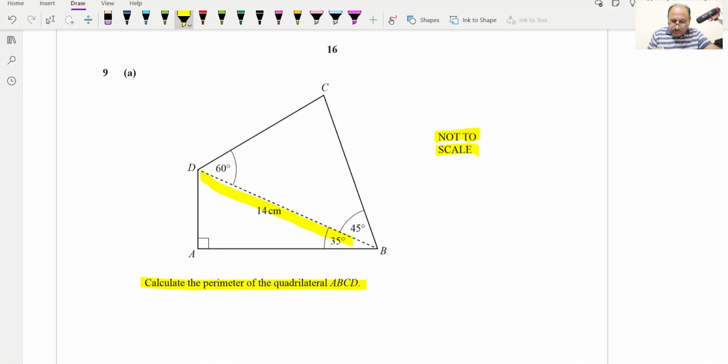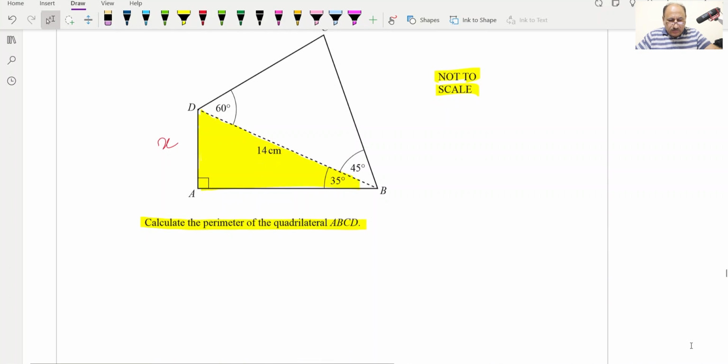This triangle we can consider first, and for a perimeter we require all the sides. Whatever unknown sides we have, we have to find by different sine and cosine rules, and then we will be adding those sides. So first of all we will target this side, which we can take as, for example, x. So we can write opposite over hypotenuse, so it will be AD over BD,